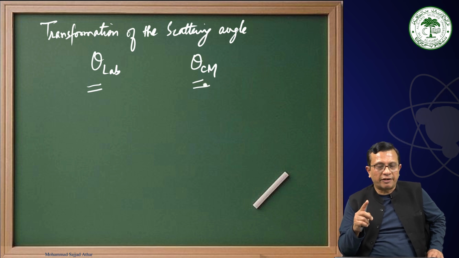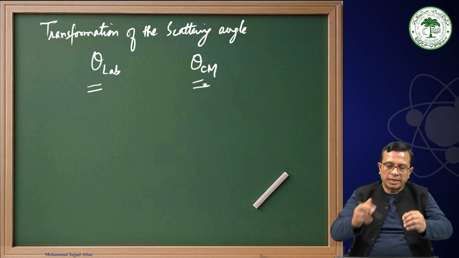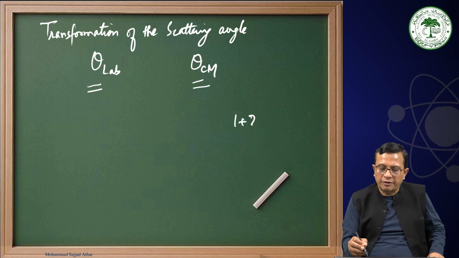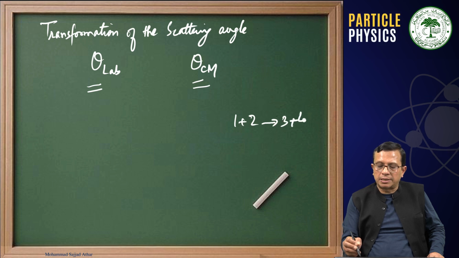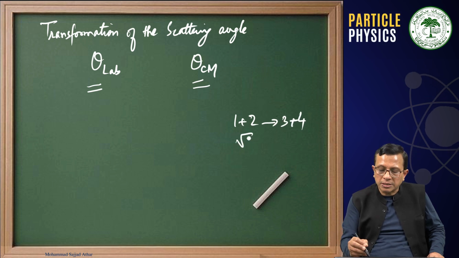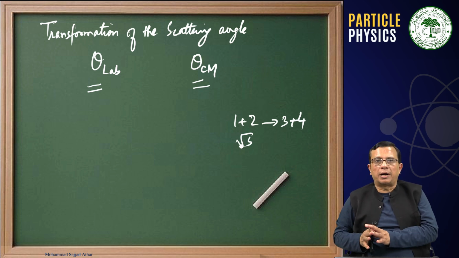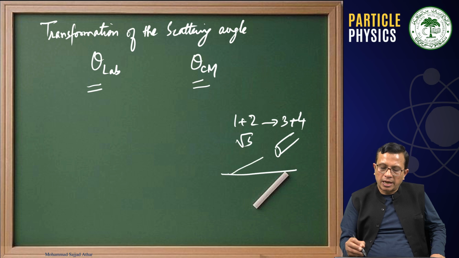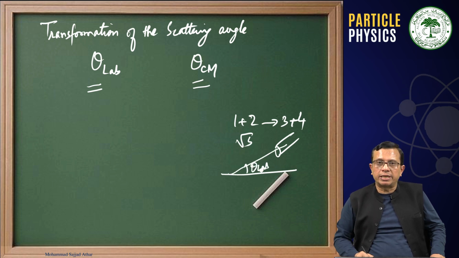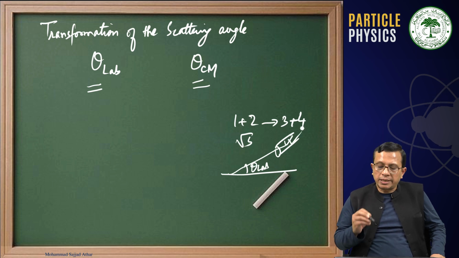As I have told you, if I am performing an experiment with 1 plus 2 scattering and 3 plus 4 as the final states, with the common center of mass energy for lab frame as well as center of mass frame, and I have put a detector here at an angle theta lab, say 15 degrees or 20 degrees, and I have observed some event here, then